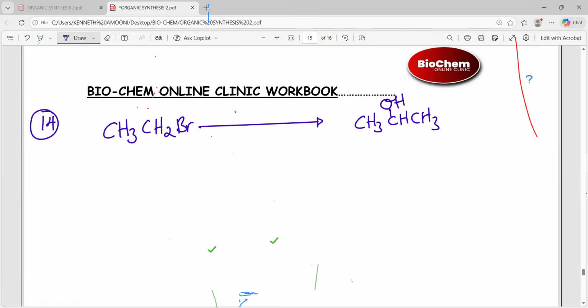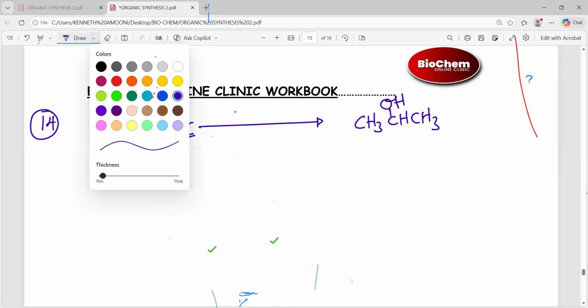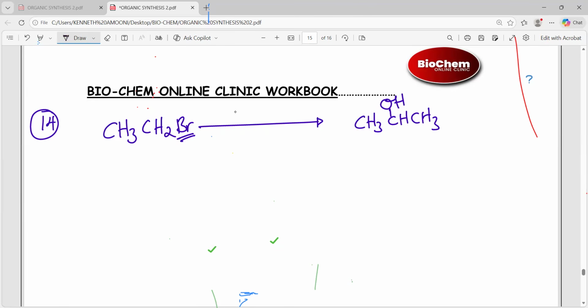an increase in the number of carbon atoms. The number of carbon atoms has increased, right? So what are you going to do? I am going to have one reaction that is going to increase the number of carbon atoms. Obviously, I'm starting from an alkyl halide. And the easiest way for me to increase starting from an alkyl halide is by having a nucleophilic substitution reaction, whereby we shall have